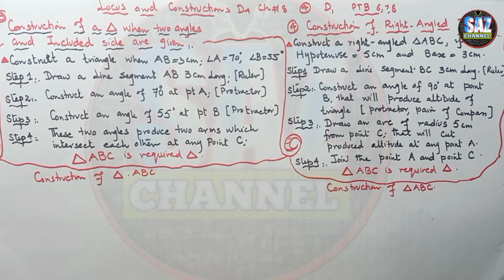Actually, O-level students do not require the explanation of the steps of construction, but PTB students and the federal board students require the construction steps as well. So I'm giving the steps of construction in detail so that my PTB students can write the construction steps easily, and my O-level students can understand the construction of these types of diagrams through these steps easily. In O-level, my students are required just to construct the loci and that shape and label that shape. So both the students can get help from this.